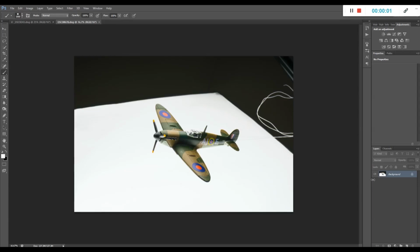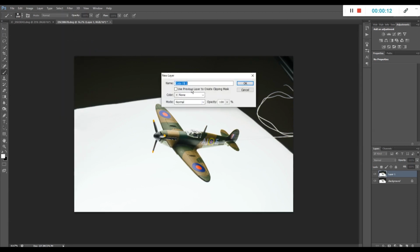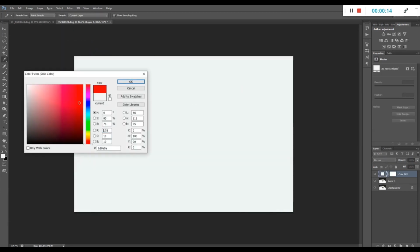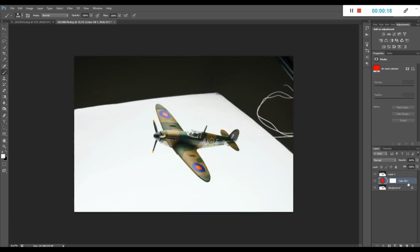Okay, so in this video we're going to create a Dinky Poster with our Dinky Spitfire on it. So the first thing we're going to do is duplicate our background layer, and then we're going to add a solid fill layer, which we're just going to put red into, and this is just to help us make sure that our cutout's good. So we place that under our copied layer,